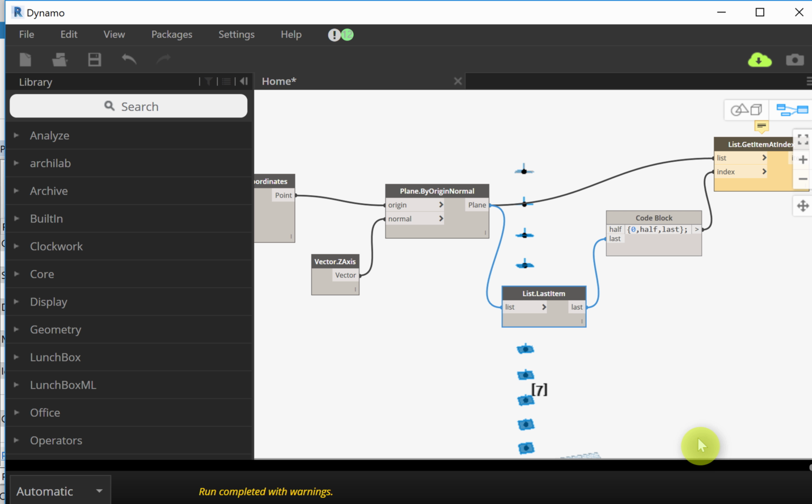And now the half point is the count divided by 2. But you're right. If the number is not even, then I'm going to have a residual that I need to take care of. And so I need to choose. You want to pick the one at the top or the one at the bottom. And so I'm going to use a formula, and the formula is called round up. So what I do is I open a code block,